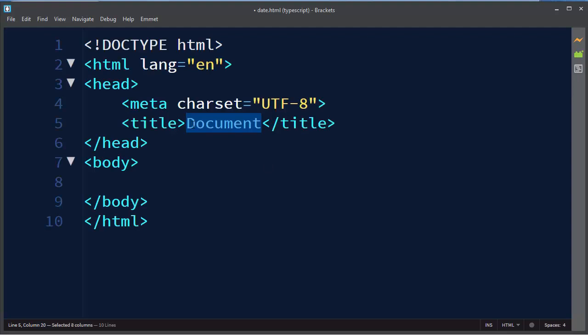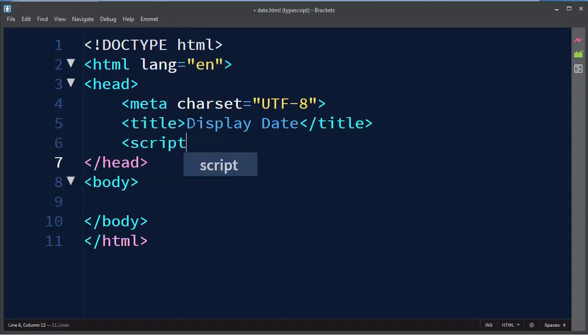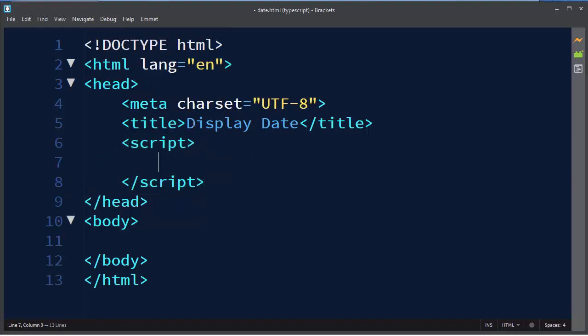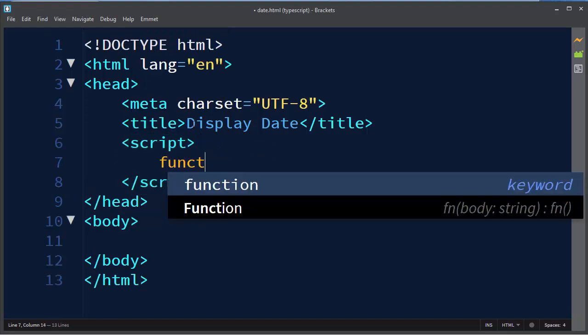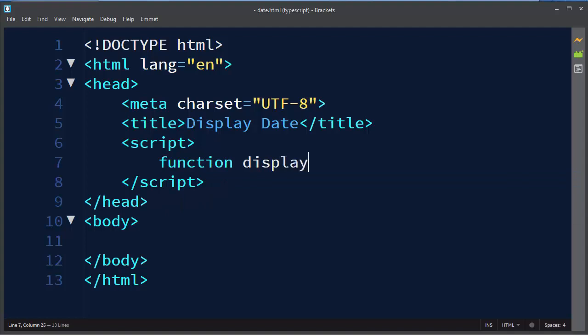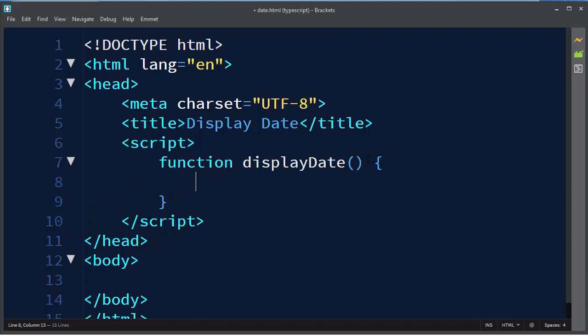Let's make an HTML file. Let's use title display date. And let's make a function. We're going to call our function display date. Our function will not have any parameters. And what we want to do is to